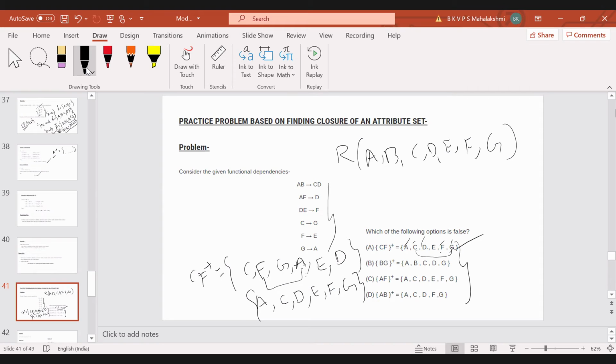You just find out the closures. Okay, anyhow, we have the functional dependencies. So from that, we can derive the closures for anything. You can derive the closure for any attribute, any combination of the attributes. But what is the usefulness of finding out the closure for each and every combination of attributes? That you have to check from your side. But it's better if you check the closure for the left hand side attributes.